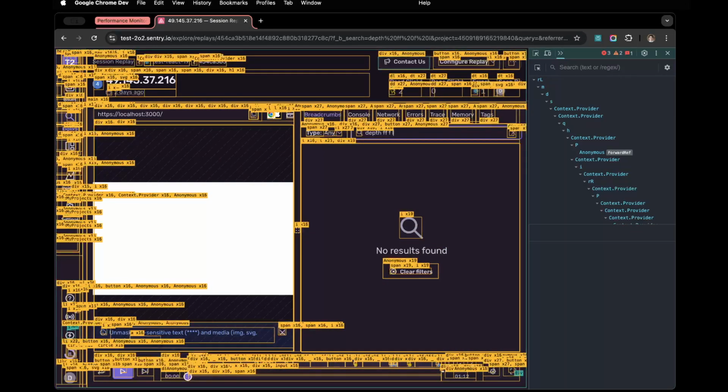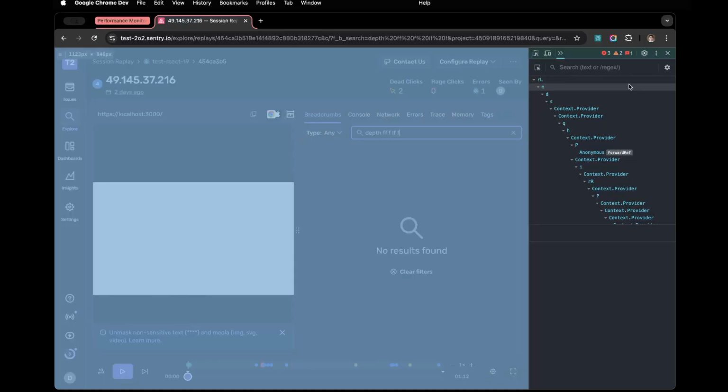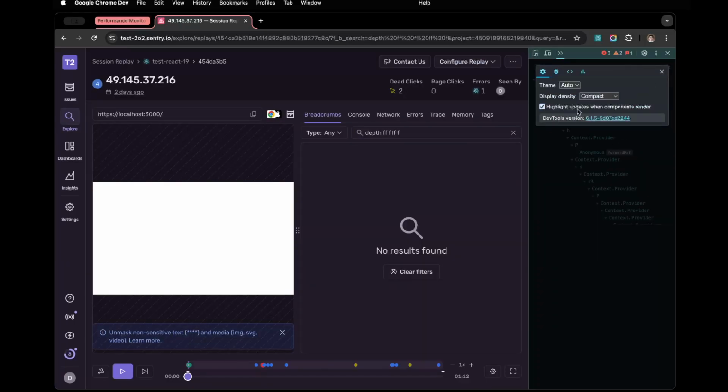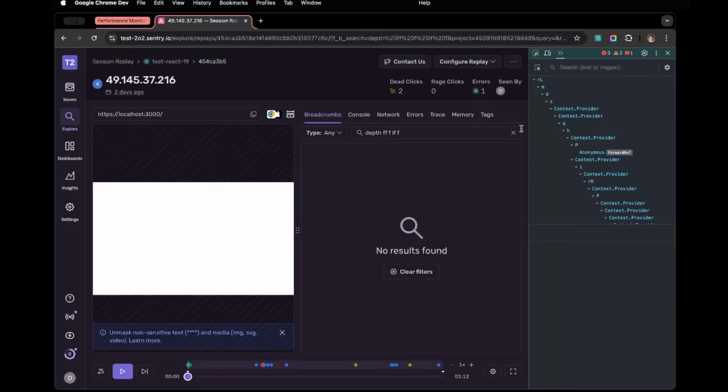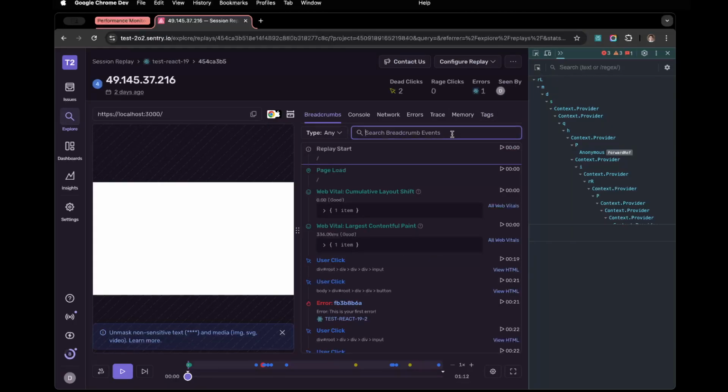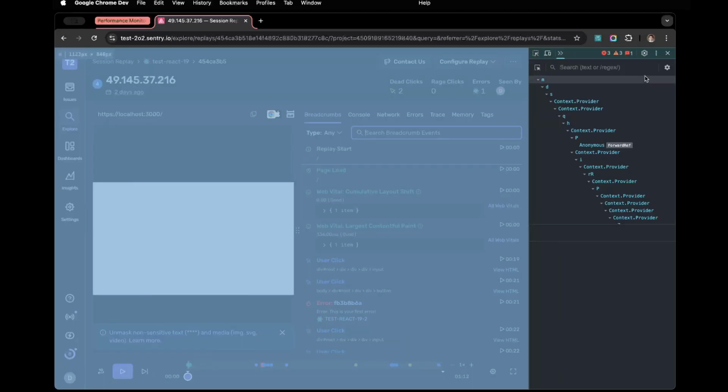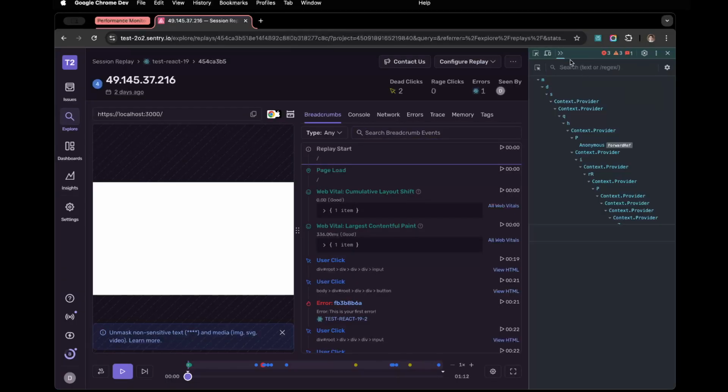Just by enabling this, you could make an assumption that that's the reason why that INP is quite slow. That INP took a lot of time because it re-renders the components. And then once I check the re-renders by enabling this in the React Developer Tools,